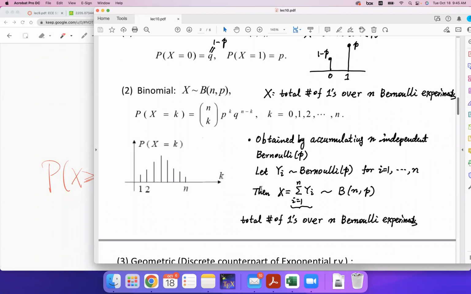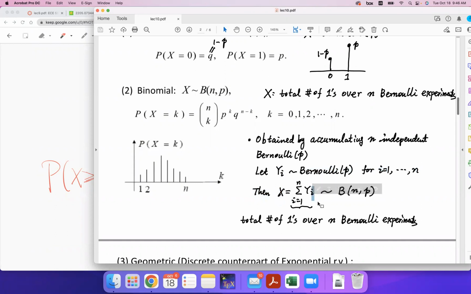And in fact, this binomial distribution can be decomposed into a sum of Bernoulli distributions. So let y_i be a Bernoulli p. This y_i corresponds to the observation for the i-th flip of the coin. And then the binomial random variable